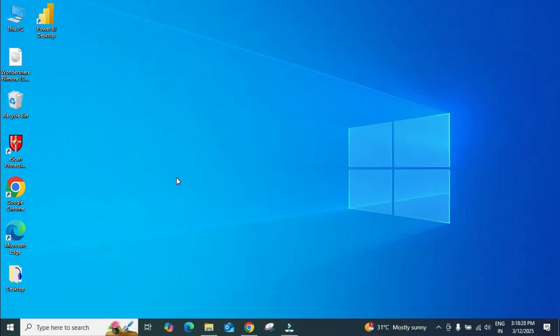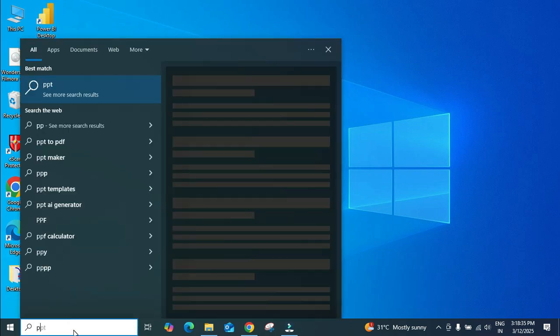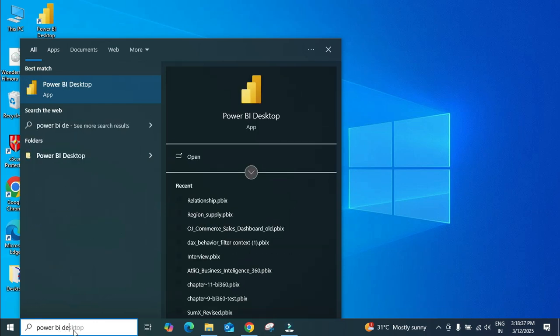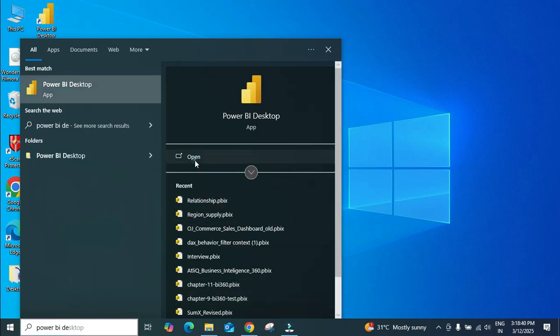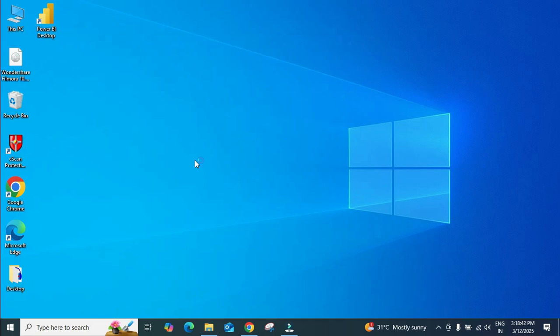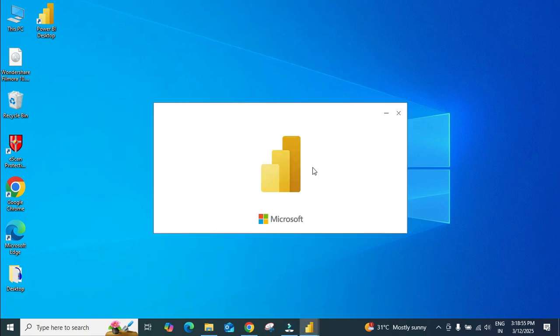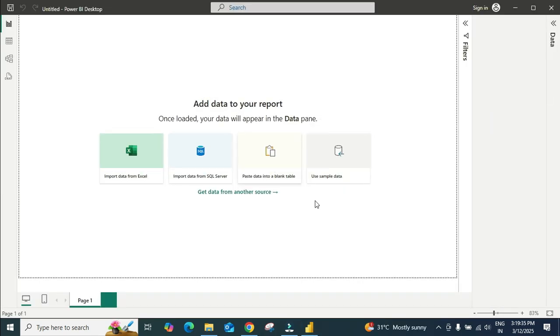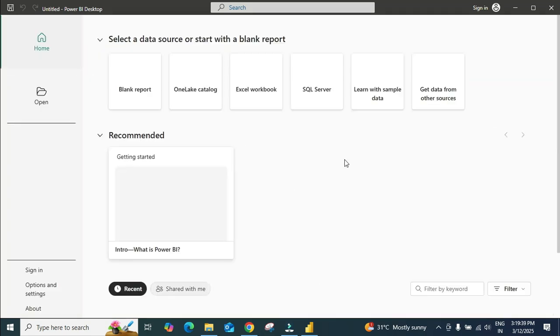See, now the Power BI desktop icon is here. You can access from here, or you can just type here Power BI desktop and click on open. So it may take some time since we just installed Power BI. Yeah, here is the Power BI, and if you want to open a blank report you can click here